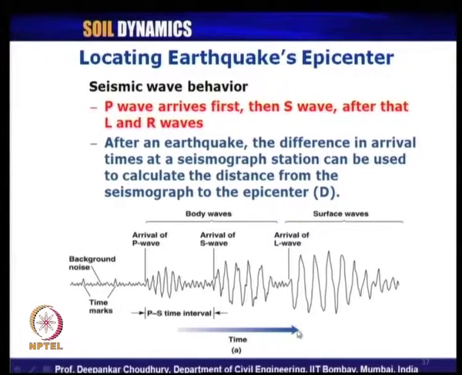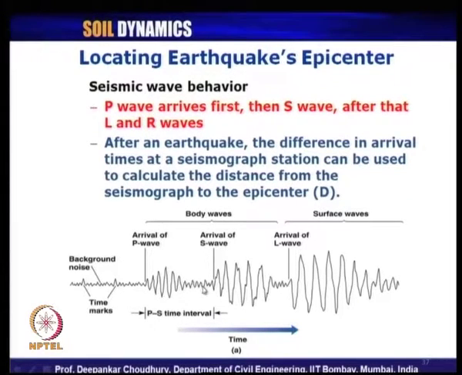With respect to time, on the plot, when the seismogram is recording on that drum and graph sheet, the typical record of a seismograph will look like this. Initially, when there is no earthquake, it will keep on vibrating like this. It is actually background noise, so you can neglect it. When an actual earthquake occurs at any point around the world, if the station is not within a shadow zone of that particular wave, then some undulations will arrive, and that is the arrival time of the P wave.